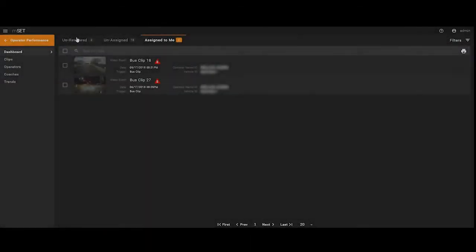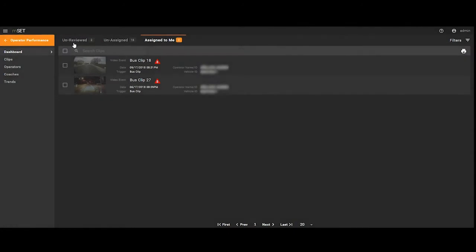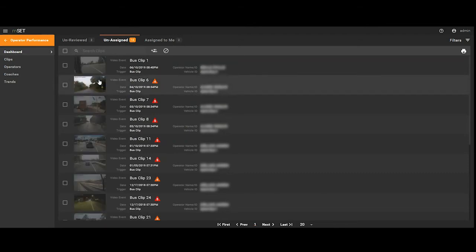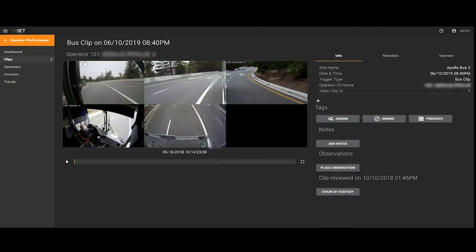That clip went from unreviewed to unassigned. Then it gets assigned to a supervisor. A supervisor can go in, review the clip, and determine if the notes and the observations are correct. Maybe this driver has had several clips assigned and they decide that it needs to be coached. They can then go into the unassigned clips, assign it to a coach,